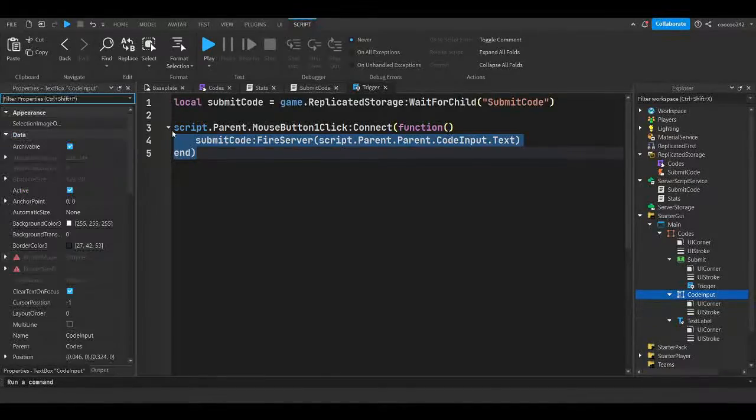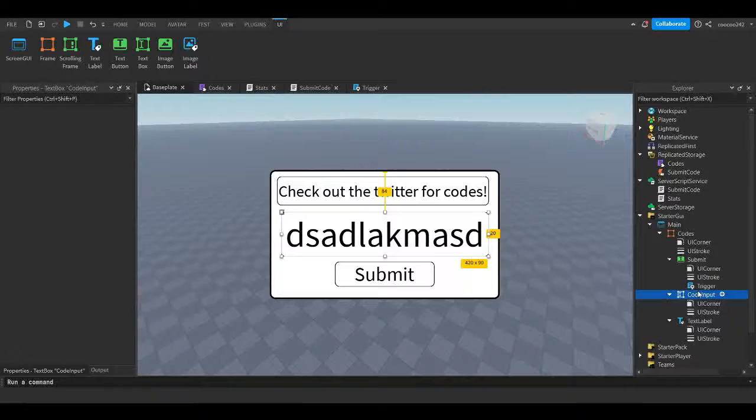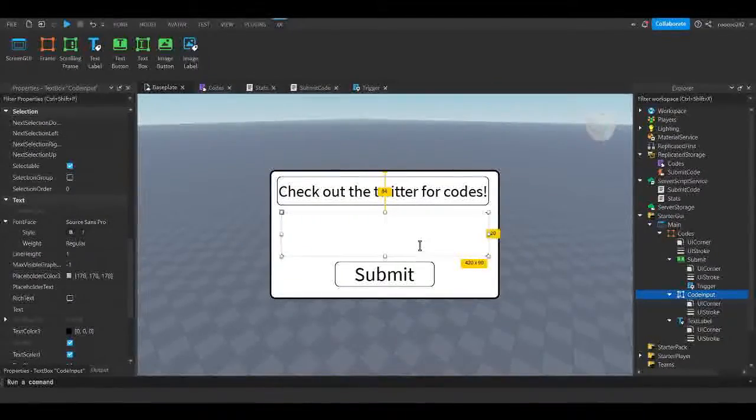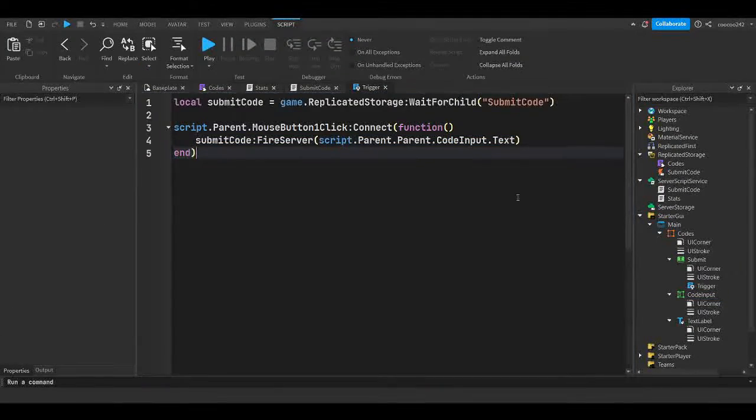So whatever the player typed in, since if somebody types something in here, it changes the text on the text box. We just want to get whatever they typed in and send it to the remote event. So now that we've got that,